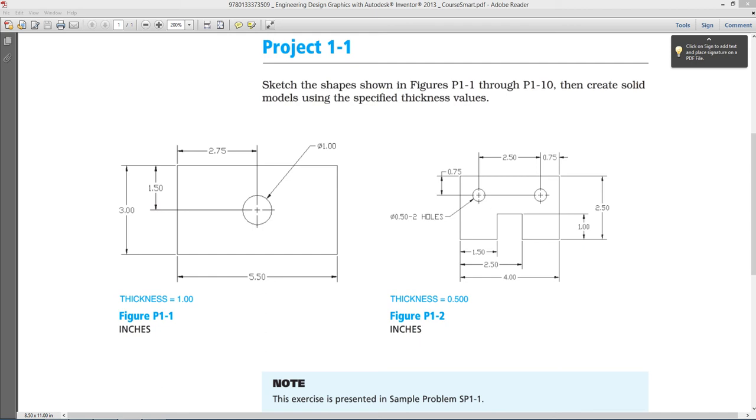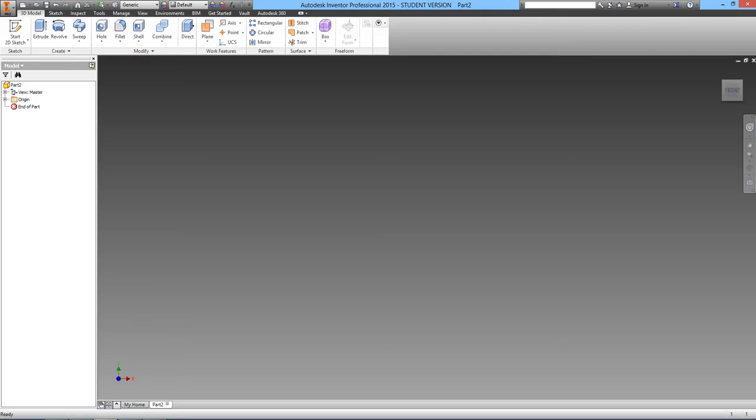Exercise P1-1 is the first exercise that we're going to be discussing. In this case, we just have a rectangular block that is 1 inch thick with a circular hole cut through the entire exercise. So, first things first, in Inventor, I want to click on the application button, which is the big I up in the corner,